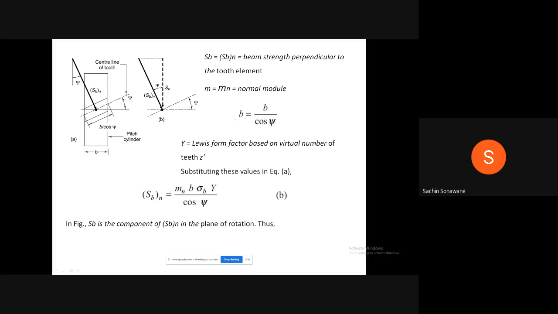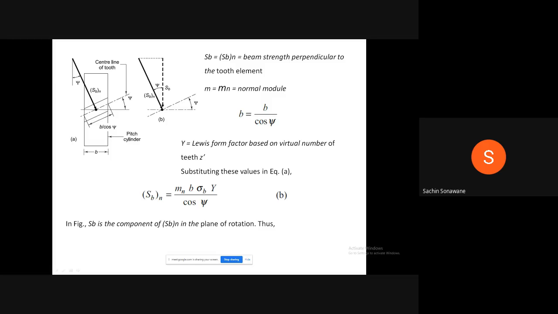Now, B we have to replace by B upon cos psi, because in case of spur gear this is the face width, but in case of helical gear your face width is inclined at an angle psi. Therefore, by using a right angle triangle, this much length is equal to B upon cos psi. Substituting the values, we are getting